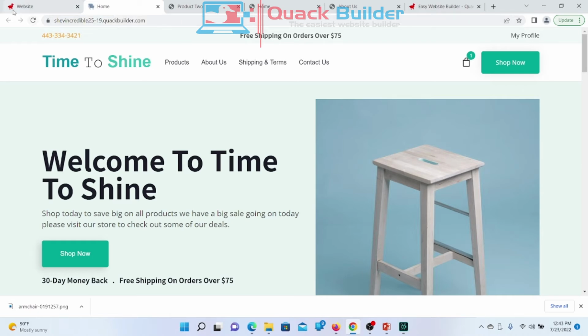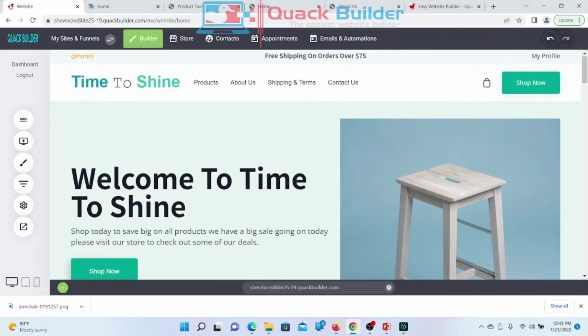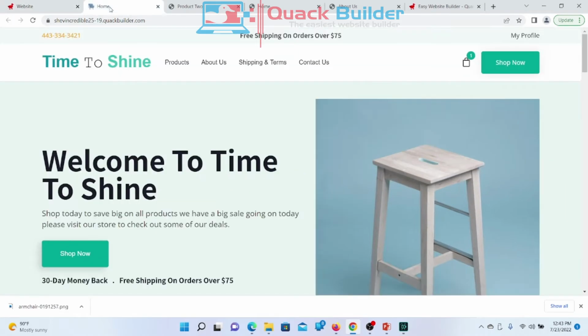The duck represents Quack Builder, so I know that I'm on the builder, and if I click this, I know that I'm on the timetoshine.com website. You know what I mean? So this tells you what site you're on. Okay, that's the favicon. If I close these,